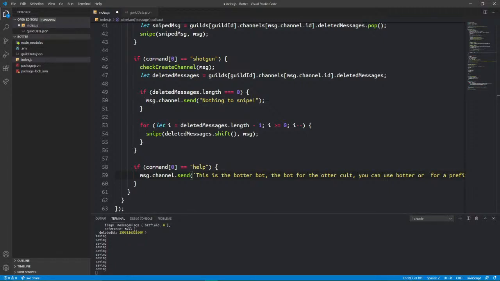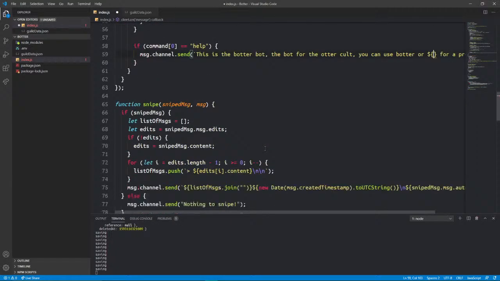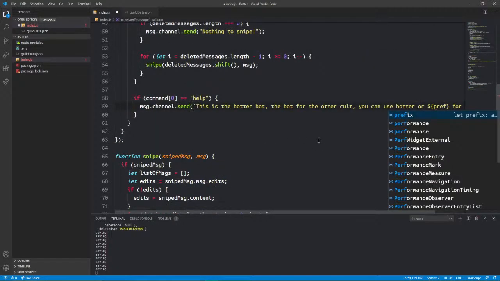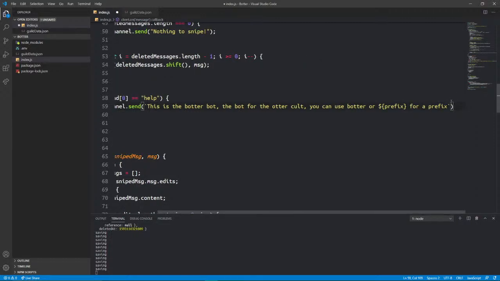And then we'll just say, fodder or the prefix or prefix for a prefix. So then let's do a line break,